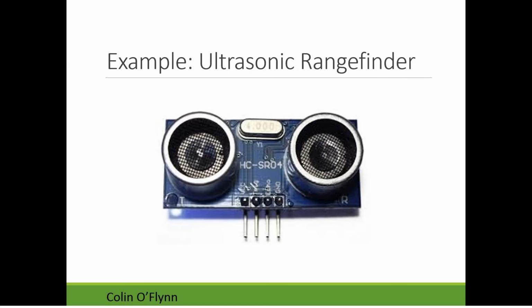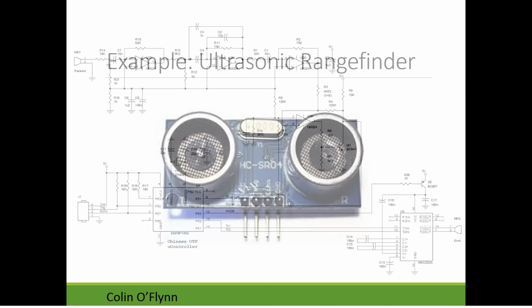As an example of that, there are these ultrasonic rangefinders you have in your kit. They use this filtering technique to avoid noise in the environment. It transmits at around 40 kilohertz, and then it listens back at 40 kilohertz. The only way it knows that it has received an echo is that it's looking around the frequency band it transmitted at. There's going to be other noise, people talking, stuff running in the background, and it's able to ignore that simply because it knows to look only in that narrow frequency band.